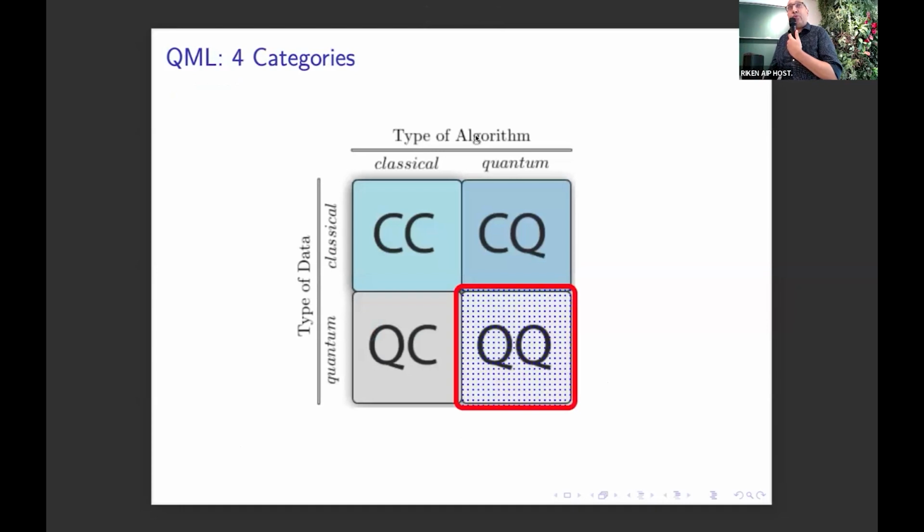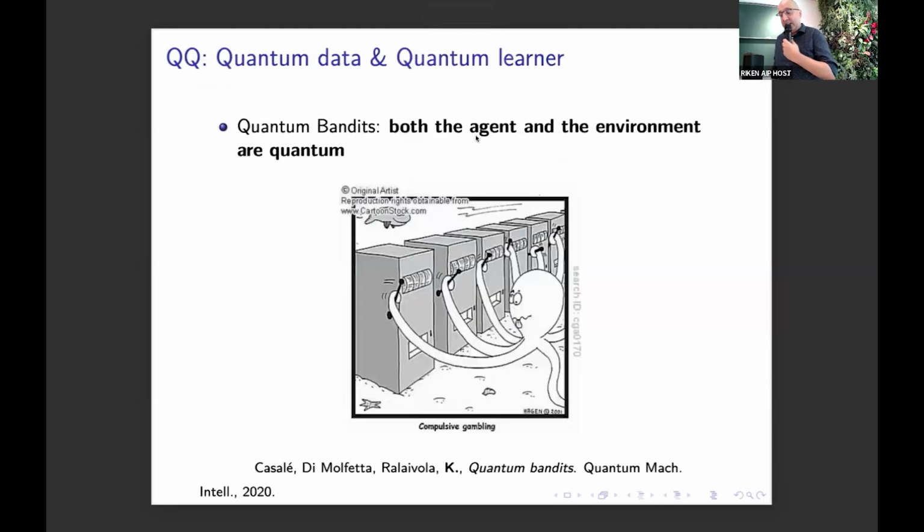Another category is the fully quantum. In this case, we have quantum data and quantum algorithm. To illustrate an example, I took this work we did on quantum bandit. Bandit algorithms are well known in the field of reinforcement learning. In this case, in general, we have a lot of slot machines, and the goal, for example, is to find the sequence of machines you should play such that you can maximize your gain. In this case, we have a sequential